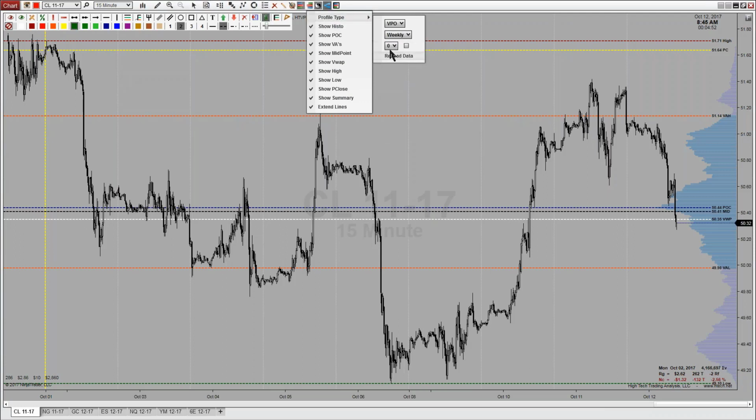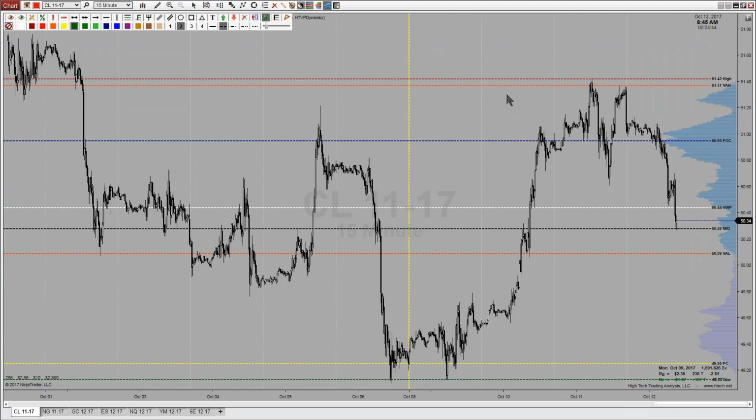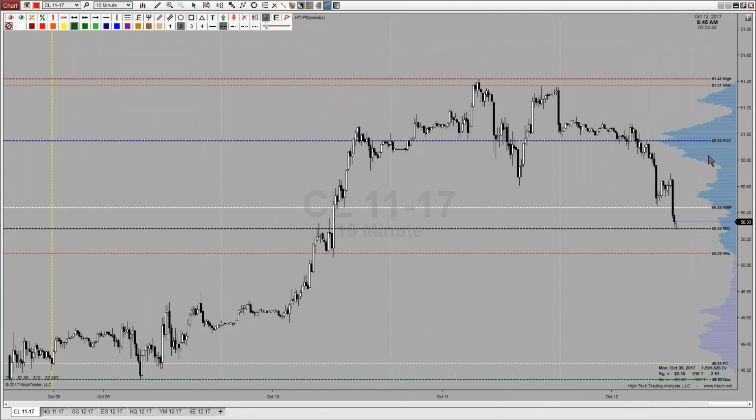If I had this set to 0, there's a number right underneath this. If I had this set to 0 and I reload that data, we're going to see that now if I stretch my chart out, I am looking at a weekly profile, and it's the current week developing. Now, if I want to add additional weeks to this, and I want to look at 2 weeks back, on my drop down,